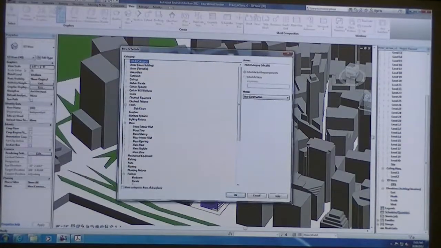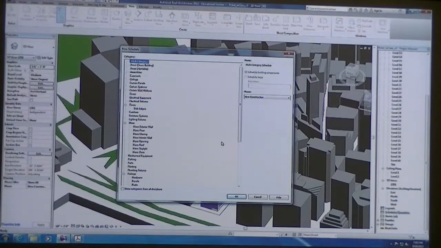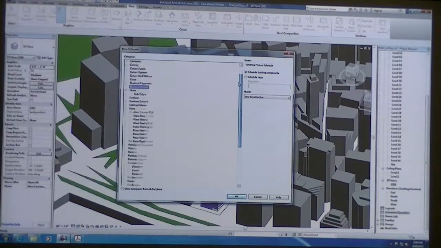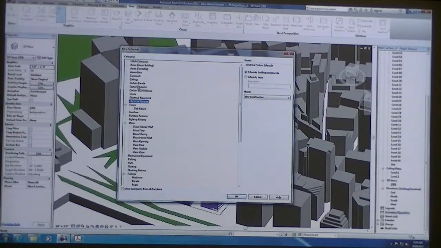This brings up a method for creating a schedule, and in Revit, any kind of component that's a 3D element can be scheduled. And you'll notice that there are multiple categories, but there's also floors, doors, curtain panels, plumbing, railings, and so on. Those all equal categories that are in your visibility graphics, which also equals exactly what all of your families are modeled under. So basically anything that falls under those particular categories that are already pre-programmed into Revit, you can schedule some kind of amount of information and extract that from those elements. I'm going to click on mass floors,